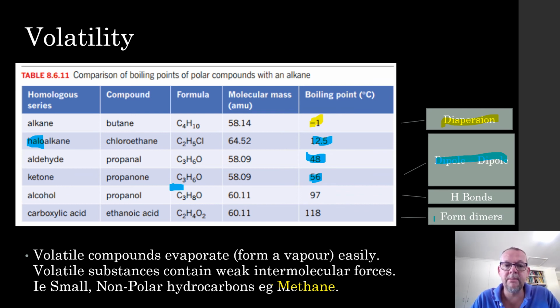Now, alcohols, remember, have hydrogen bonds. So do carboxylic acids. So both alcohols and carboxylic acids form hydrogen bonds, but recall that carboxylic acids also present as dimers. So they are presenting as two molecules in one, and there's going to be an increase in those dispersion forces and hydrogen bonding. So that's going to reduce their volatility as well.